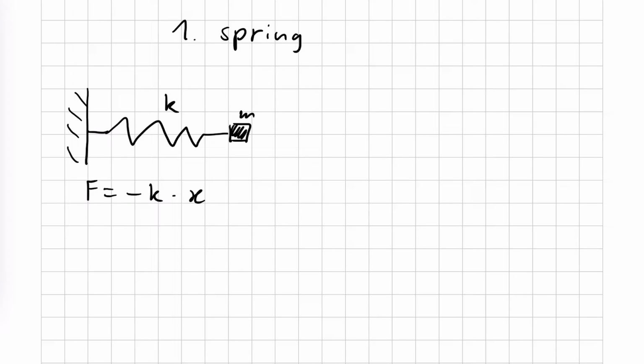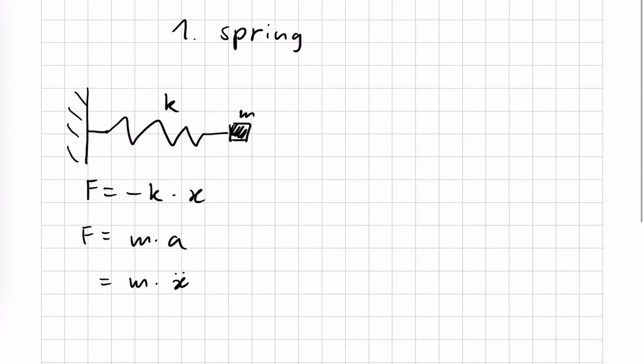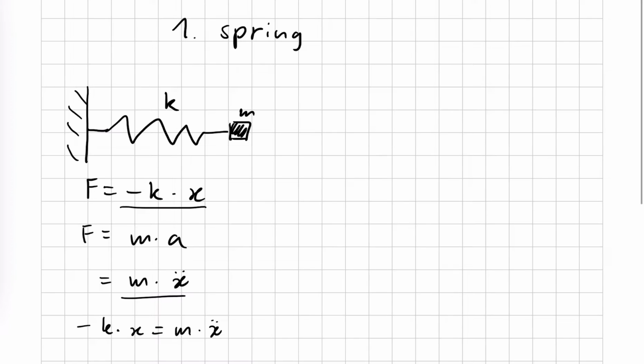What else do we know about the force? From Newton's second law, we know that force equals mass times acceleration. And acceleration is the same as the second derivative of position. So now we have two expressions for the force and we can equate them. So negative k times x equals m times x double prime. Now let's solve for x double prime, or for the acceleration, by dividing by m. So x double prime equals negative k over m